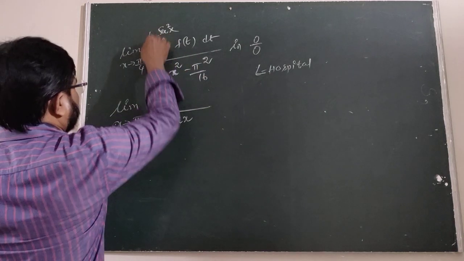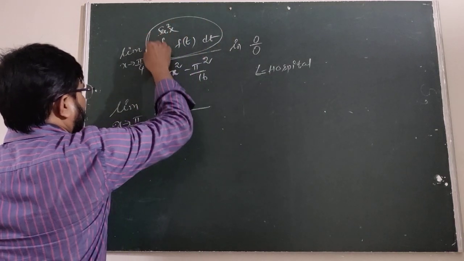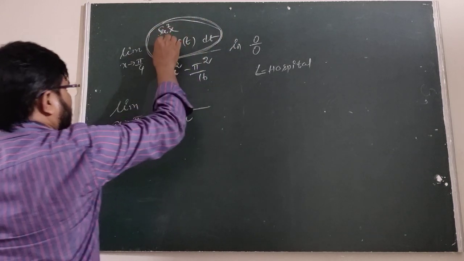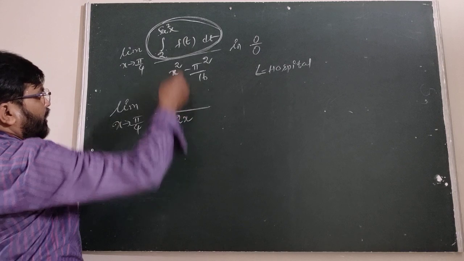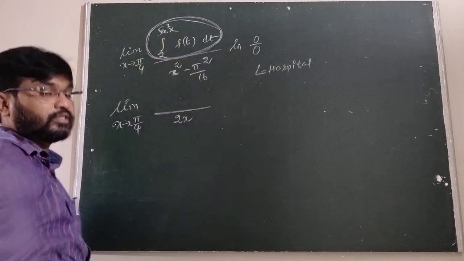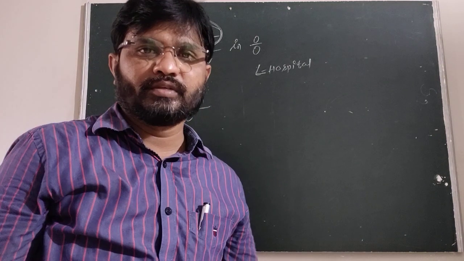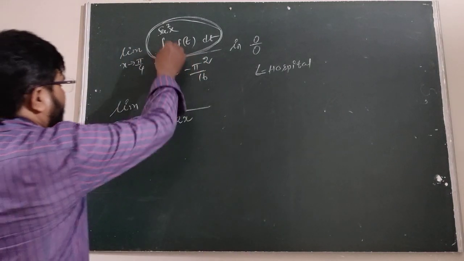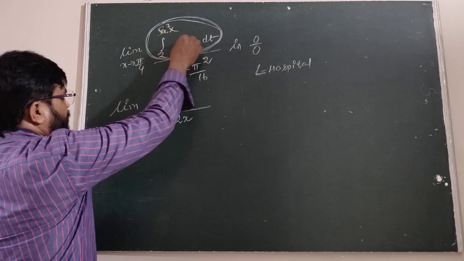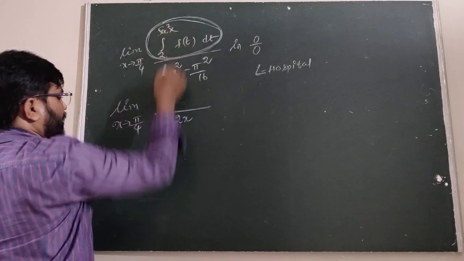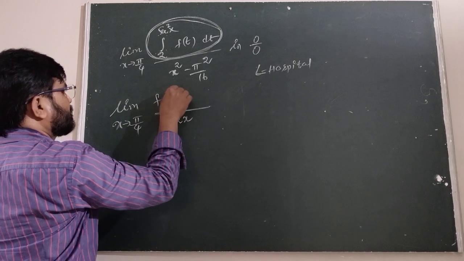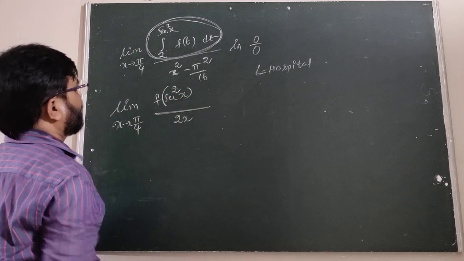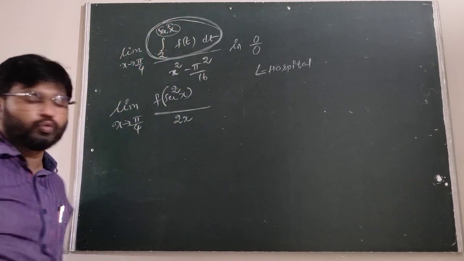Now, for the derivative of this one, we apply the Leibniz rule. Leibniz rule means when the integral is there, derivative and integral cancel. The reverse process of the derivative is called integration; antiderivative is nothing but integration. Therefore, these cancel. Now we substitute the upper limit, that is f of secant square x. Now we have to find the derivative of secant square x also.